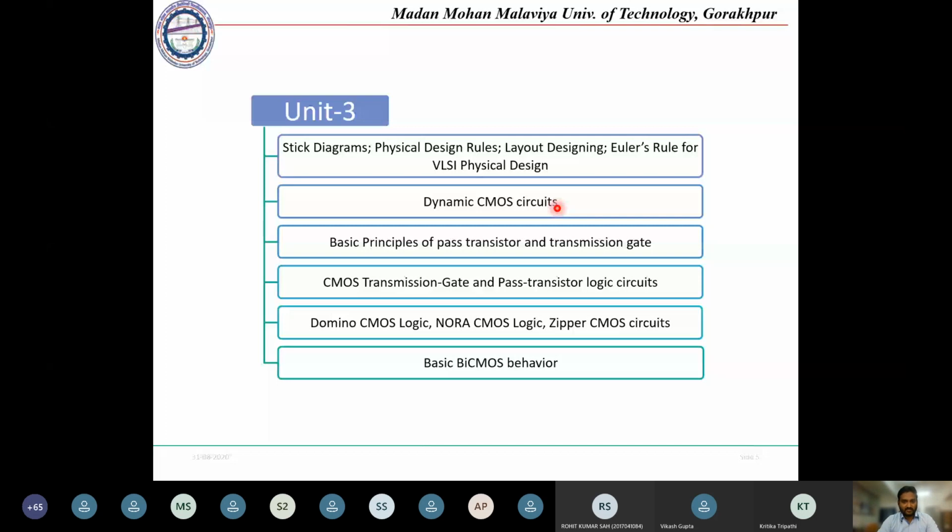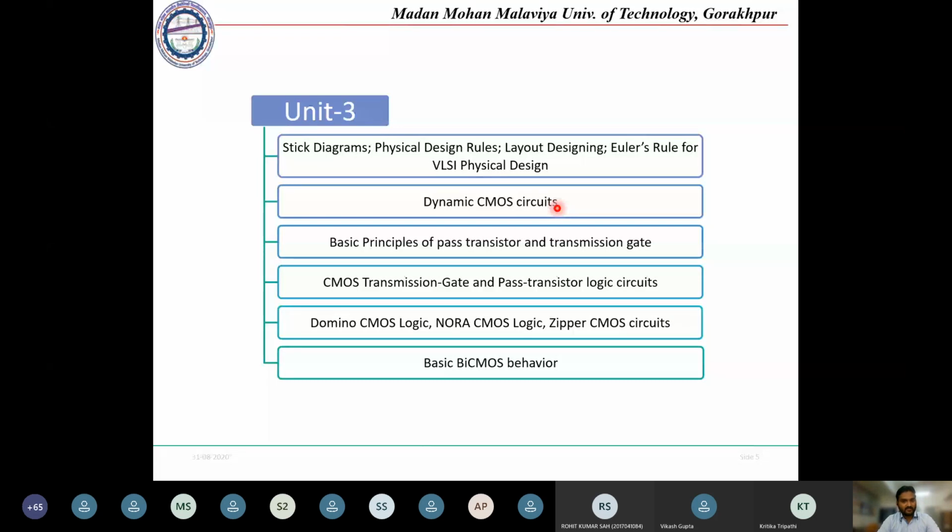Here, there are two types of circuits: dynamic circuits and static circuits. In static circuits, whatever input we have given, we check the output. But in dynamic circuits, we check outputs by connecting a capacitance. Once we consider the capacitance at the output as a parameter, we will be studying the dynamic circuits.